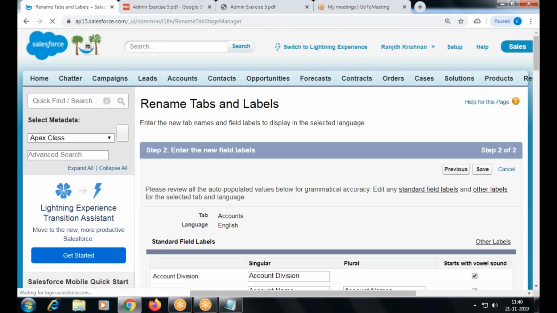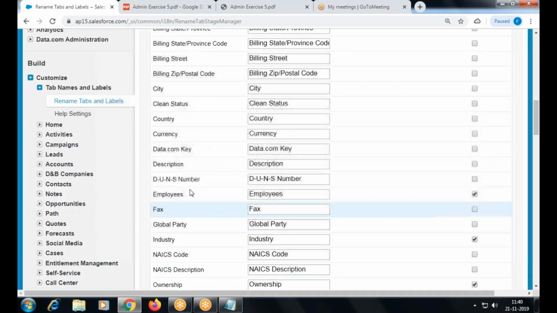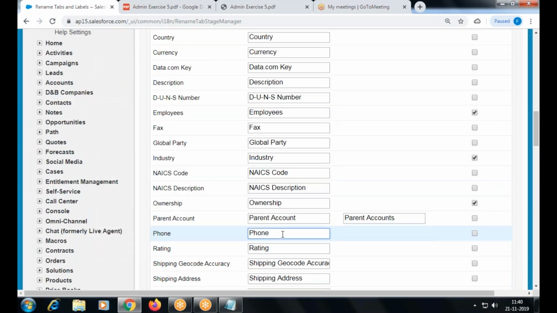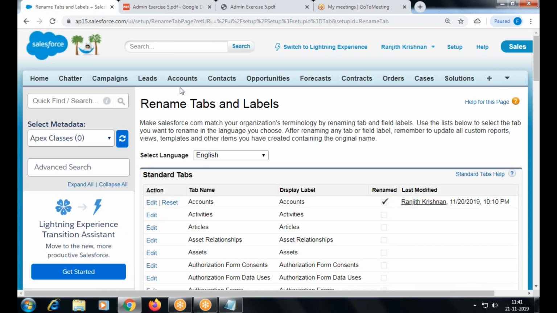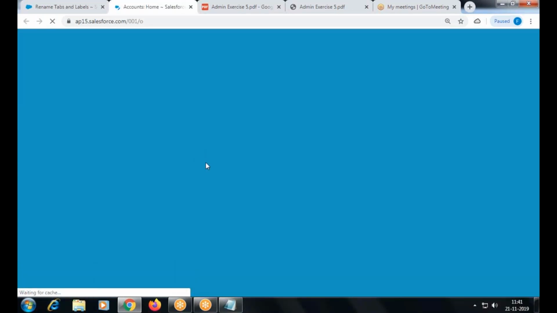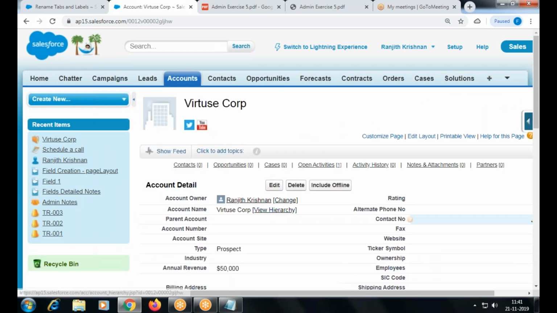Next page. So phone number, alphabetical order. Fine. Got it.